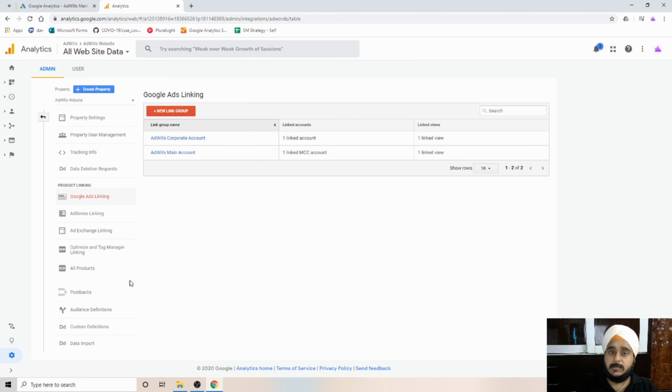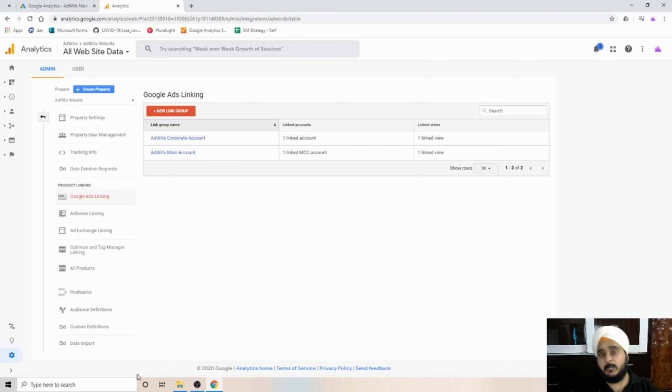Power BI directly doesn't have any connector to connect to Google Ads, but this is a way for Google Analytics to pull all the data from Google Ads into its own property. Under that property, we'll have all the data for the ads account as well, which we'll be pulling into our own Power BI report. So now that we have understood the basic requirements, let's move on to the Power BI report